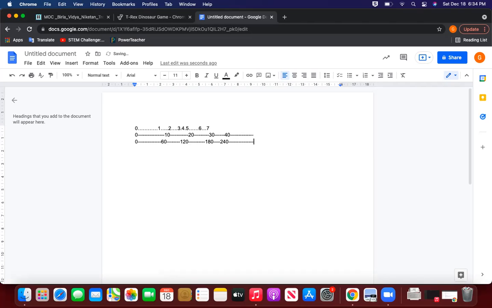So between 0 to 60 frame, I want one cloud to be present. Then there should be no cloud till I reach 120. Then no cloud till I reach 180. Then no cloud till I reach 240. This is the entire philosophy which we want to communicate to the computer.